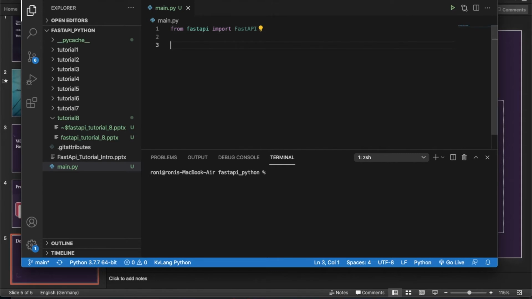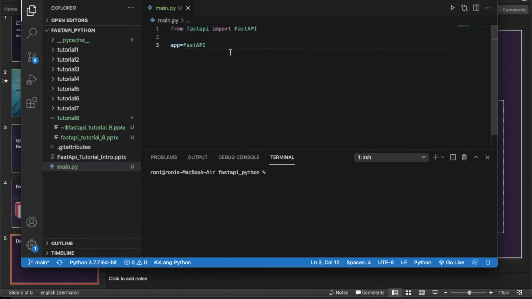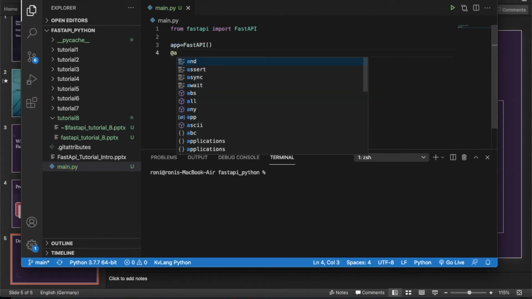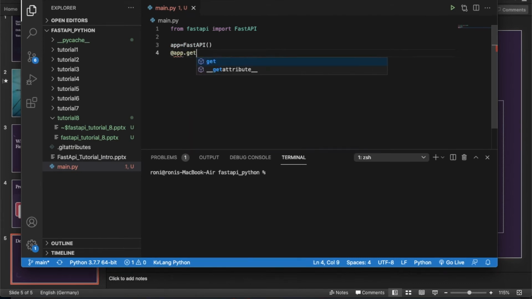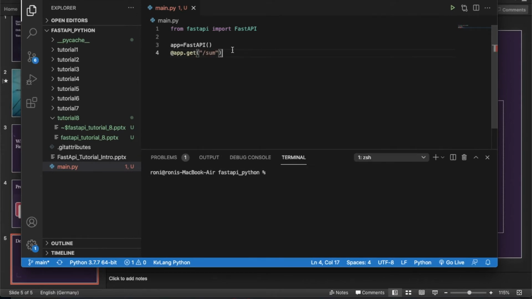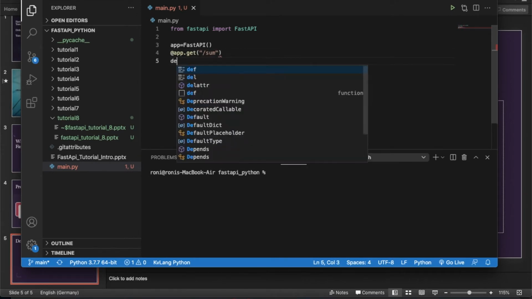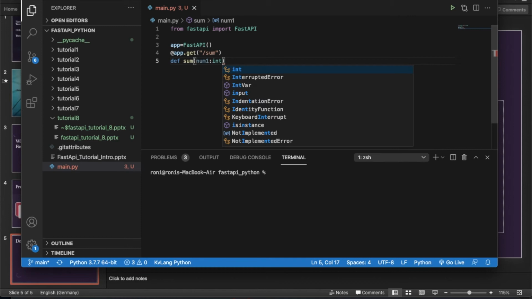Okay, now let's say app equals to, so these are all familiar to all of you, so nothing new. Then same like this. Then num1 is integer.